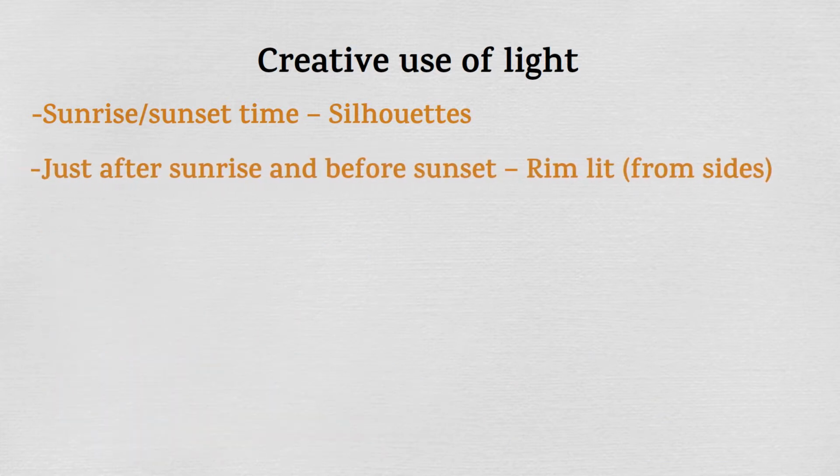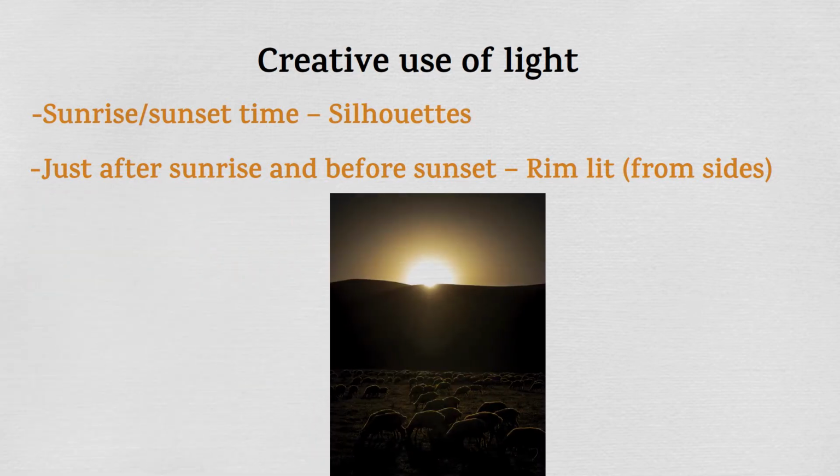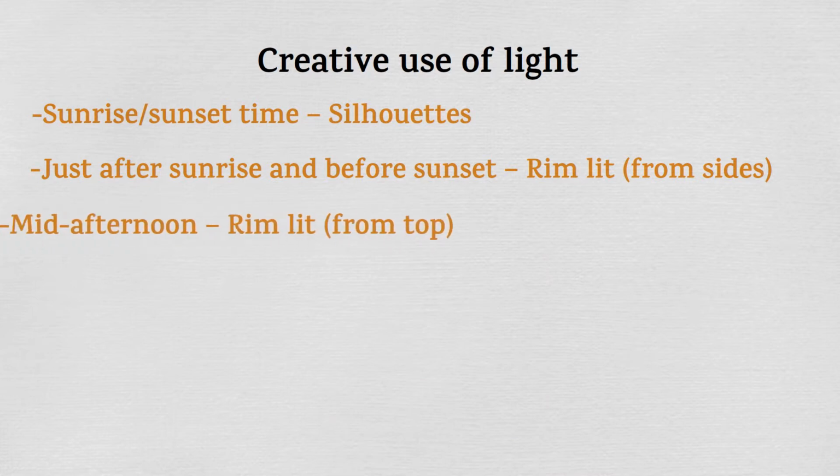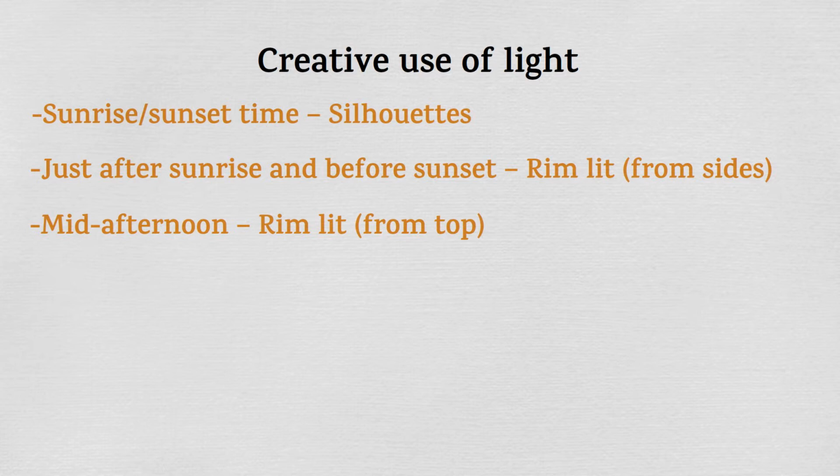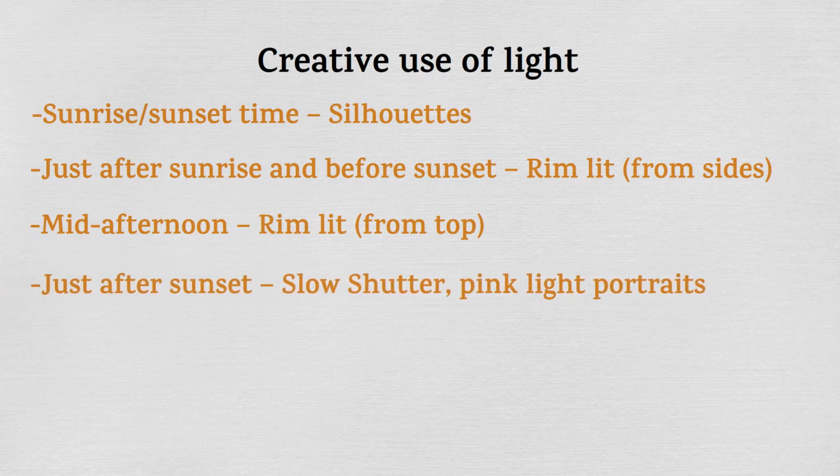Then just after sunrise and before sunset is the time for rimlits. Rimlits are very similar to silhouettes, where you don't get great details, but you get a very nicely lit picture of an animal where the light is only on its edges. Mid-afternoon is also a time to shoot. Actually, not many people shoot in mid-afternoon, but you can shoot great rimlits from the top if you use the light creatively. Just after the sunset, we have a very nice light in the sky with no shadows on the subject,